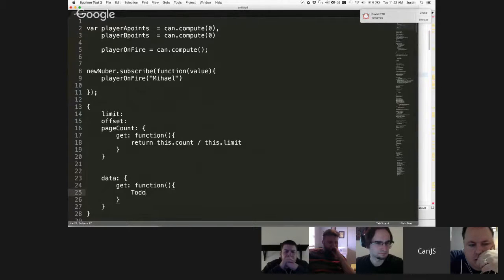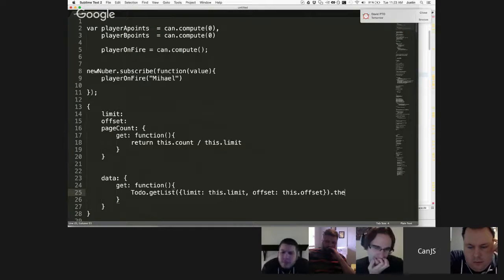So I had my to-dos or whatever my model. I could do get list, and I could do limit is this.limit, offset is this.offset, and I could do .then. And when this comes back, this is my actual data, but on the data,